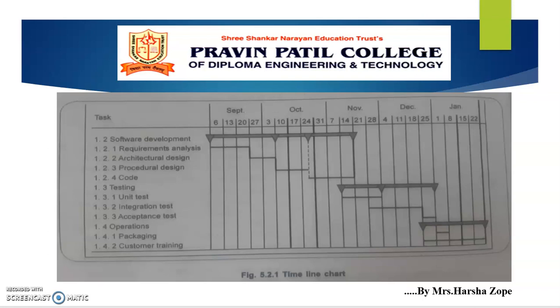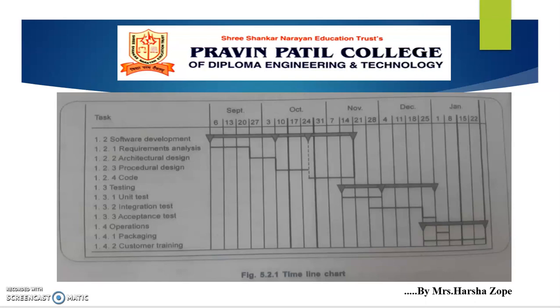This is a diagram of a Gantt chart. You can see, it is also called a timeline chart or Gantt chart. All the tasks are listed in the leftmost column. The horizontal bars indicate the time required by the corresponding task. When multiple horizontal bars occur at the same time on the calendar, that means concurrency can be applied for performing the tasks. Then the diamond, which you can see in the figure, indicates the milestone.